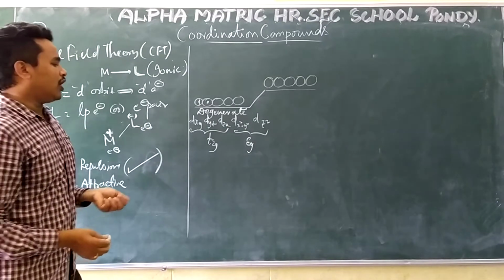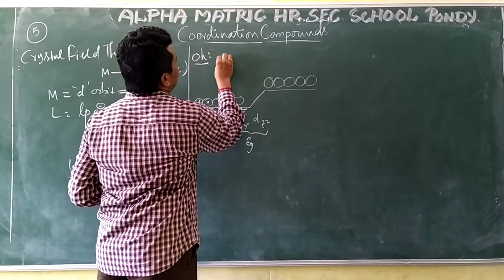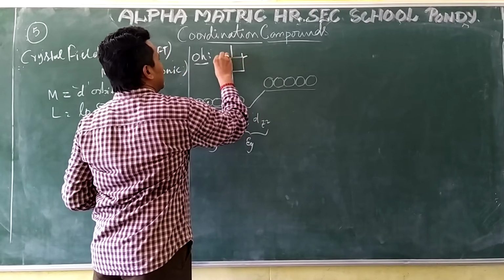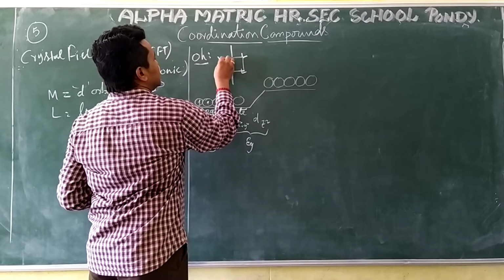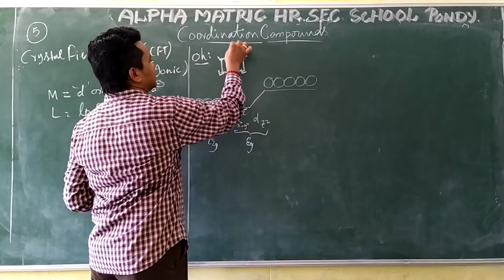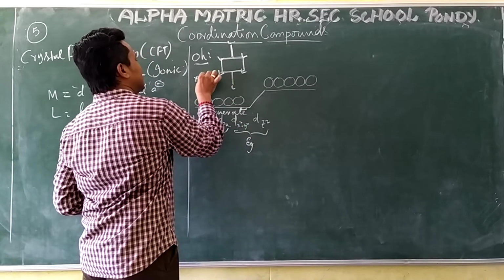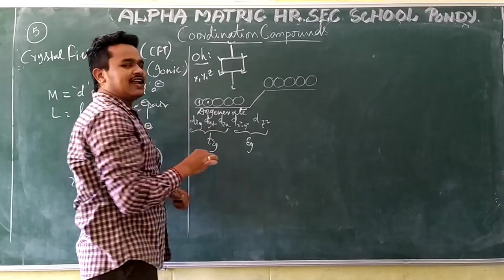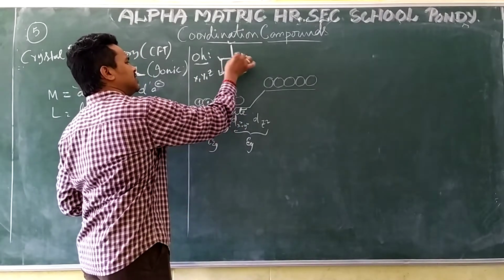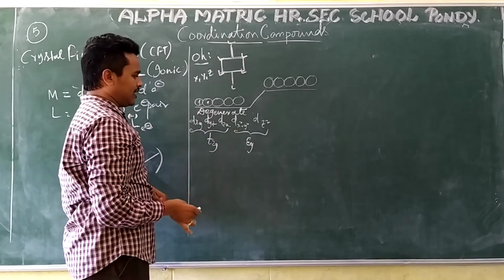Now we are going to talk about the octahedral splitting. Octahedral means, in this direction, one ligand in this direction. Square planar is a 2-dimensional one, so ligands come along the x direction and y direction. In octahedral, there are 3 dimensions, x direction, y direction and z direction, and all 6 ligands are coming. Square planar means ligands are coming in a 2-dimensional way. On the z axis, these 2 ligands are coming.